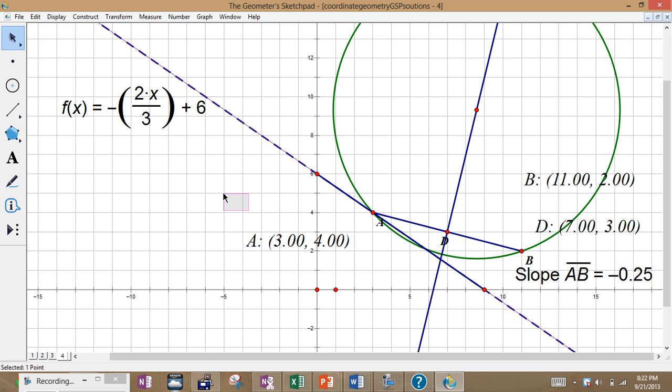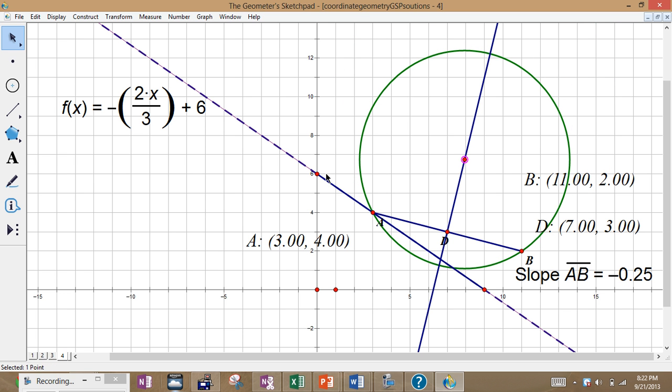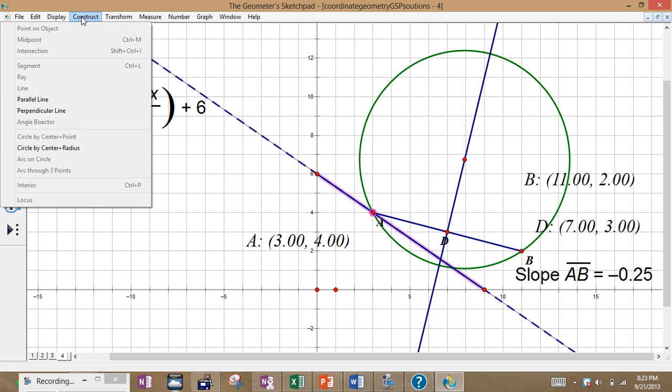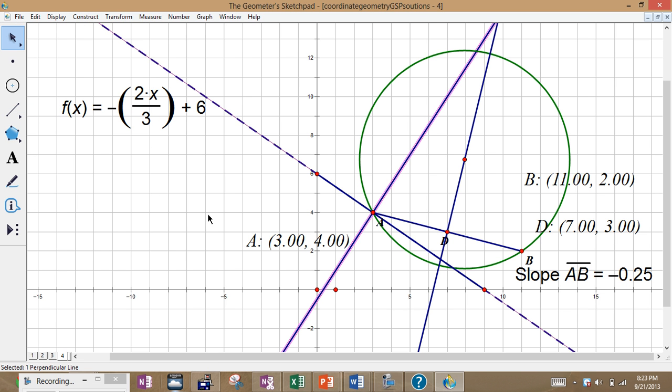I'm going to do the same thing that I did over with the chord. That is, I'm going to find the line which is perpendicular to this line, 2/3 x plus 6, perpendicular to that, at this precise point of 3, 4. So I'm going to ask to construct that perpendicular line, and